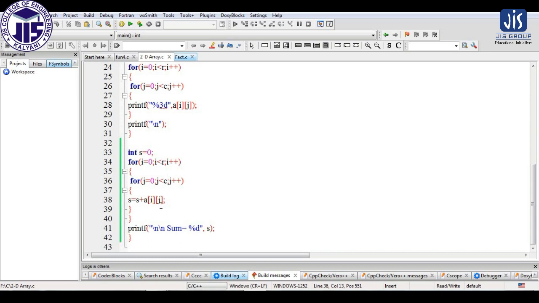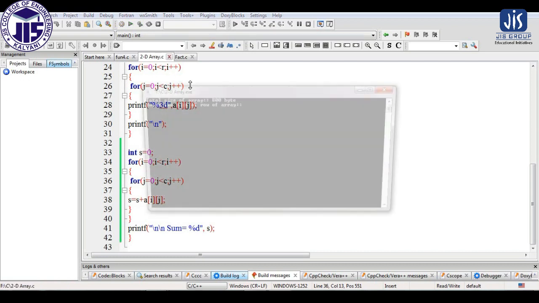After completing row 1, then we are shifting to row 2. So here also, when the value of i is 0, the value of j will move. By fixing i as 0, the value of j will move. Then fixing i as 1, the value of j will move. In that way it will represent all the elements. So let us run the program.